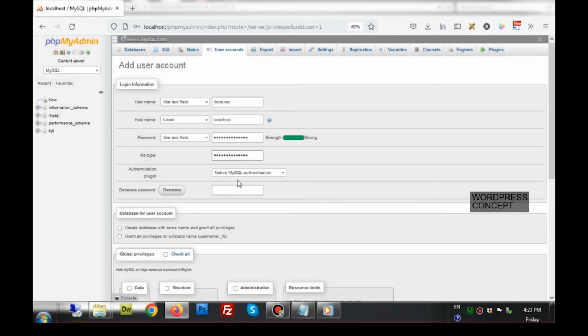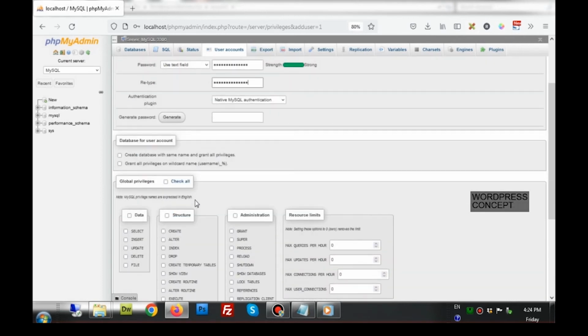Here I have given a password. Instead of typing it here, you can actually generate a more complex password to use as the database password, but because we are using it for learning purposes, I'm giving it a simple username and simple password.